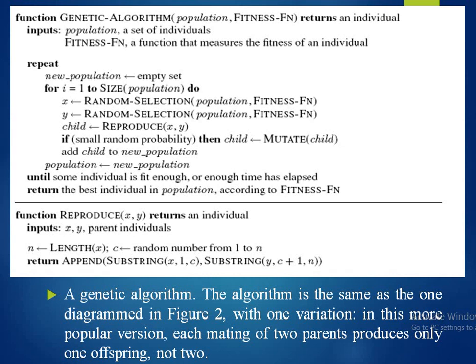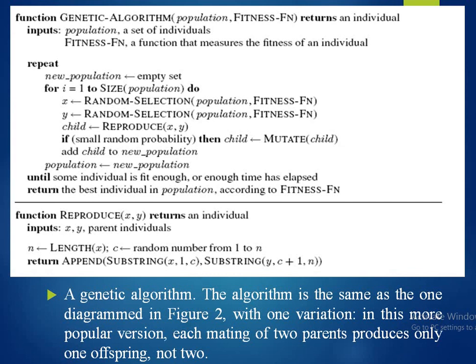So child equals reproduce x, y. If small random probability, then child equals mutate child. Add child to new population. Population equals new population, until some individual is fit enough or enough time has elapsed. Return the best individual in population according to fitness Fn.